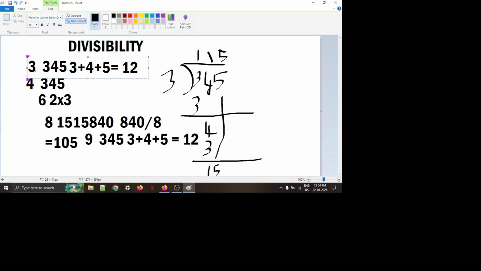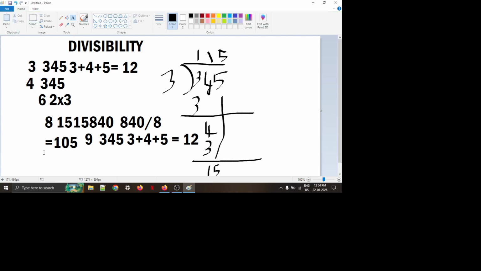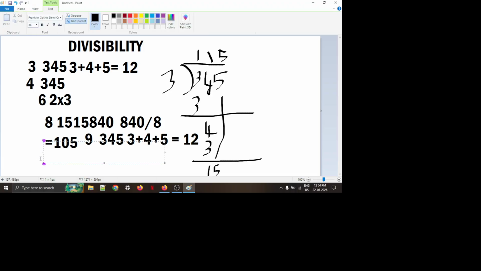For 10, as everybody knows, if the number ends with a 0, then we can say it's divisible by 10. Divisibility for 11 is a slightly new one. We are now checking the divisibility of 11, so that is a slightly different thing. What we should do for the divisibility for 11 is,